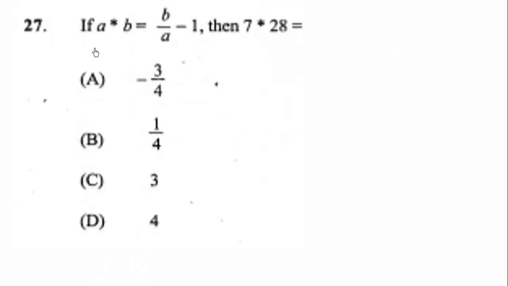Now let's look at number 27. We were given the definition a star b is equal to b over a minus 1, and we want to simplify or find 7 star 28. So in this case, a stands for 7 and b stands for 28. This is the expression given to us: a star b is equal to b over a minus 1. So 7 for a, 28 for b. So we substitute